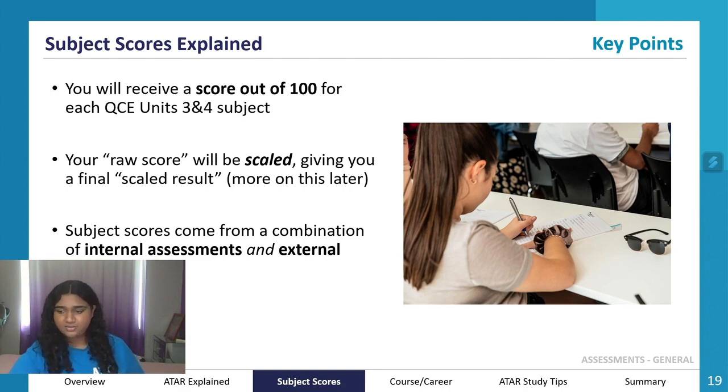The subject score out of 100 comes from a combination of your internal assessment and your external assessment. So I'm sure all of you know what that means now. Internal assessments are the ones that are created for you through school. So your teachers are the ones who are writing these. Just to make sure that everything is standardized, though, these internal assessments are sent to QCAA and moderated before coming back for you to sit in your exam. So every single school has to be checked that all of the internal assessments and task sheets are of the same standard before being sent back to the school. If everything is okay, then you get to sit the exam,